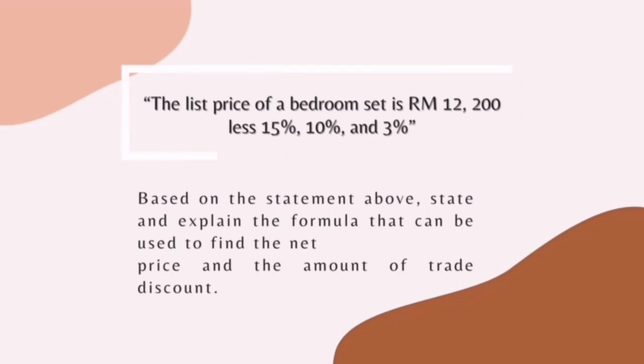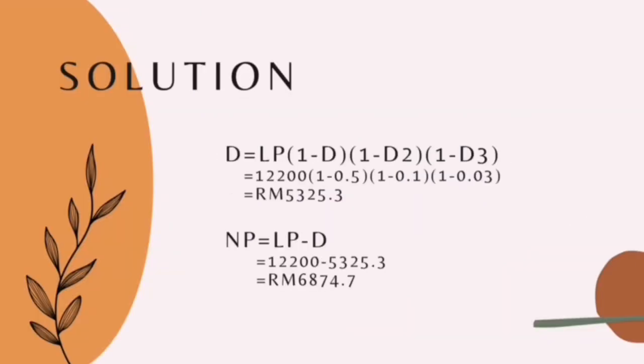For this question, we need to use the trade discount formula, that is D equal to LP open bracket 1 minus D close bracket, and so on. Just substitute the formula with the numbers given. After substituting, the answer that we get is RM 5,325.3 ringgit Malaysia. Then we need to use the net price formula, that is NP equal to LP minus D. Just take the list price minus the trade discount that we just got, and the answer is